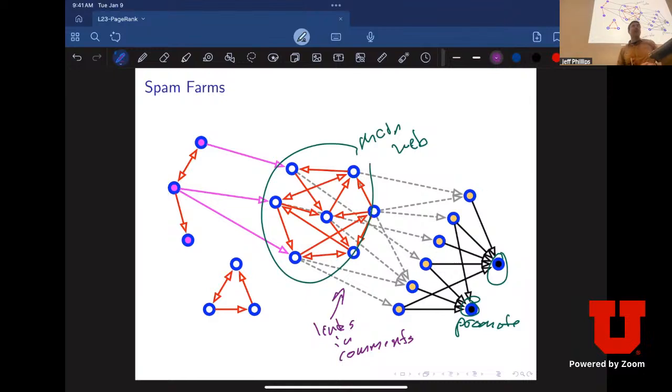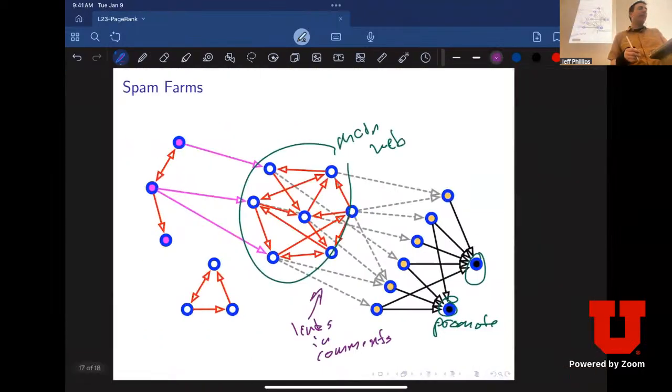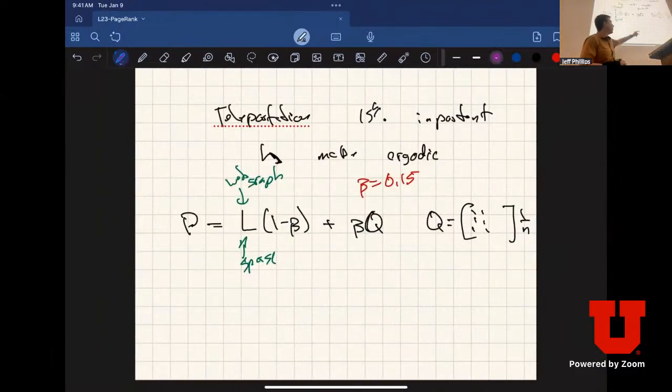So Google has to try and find these patterns in the web and exclude these from the crawlers and the search engine. They need to look for this sort of structure. And so they've gotten better at that. And then let me mention one last thing, is that when I do this, sometimes I don't want to jump to a random web page Q. It includes all the spam web pages and a lot of stuff no one links to, but there's kind of a trust rank, or